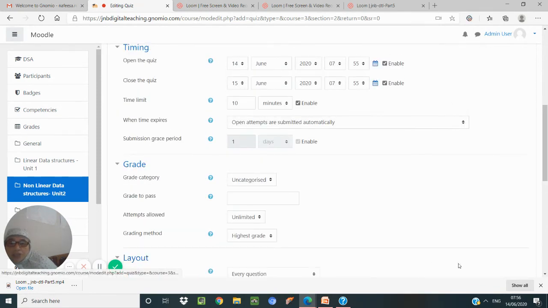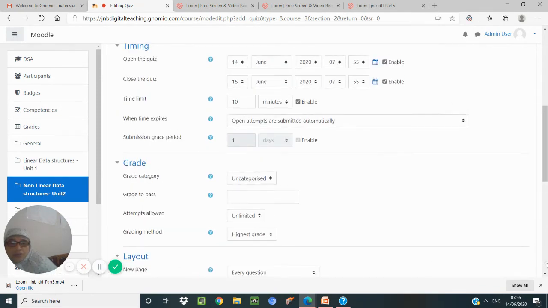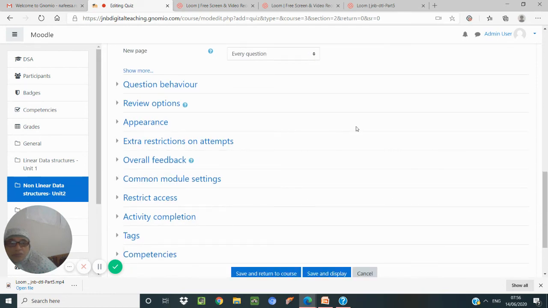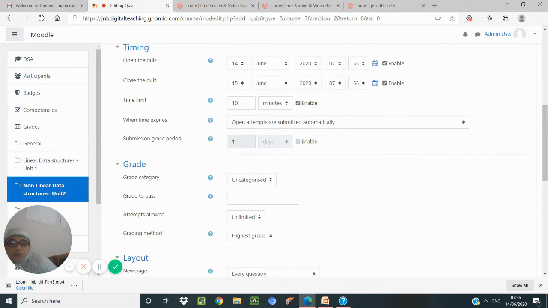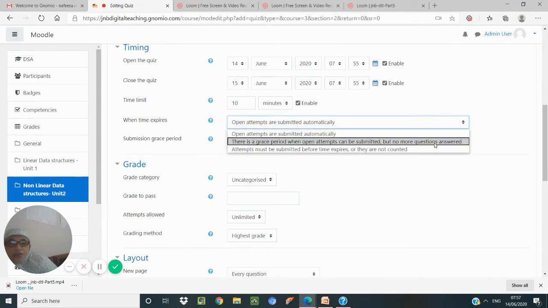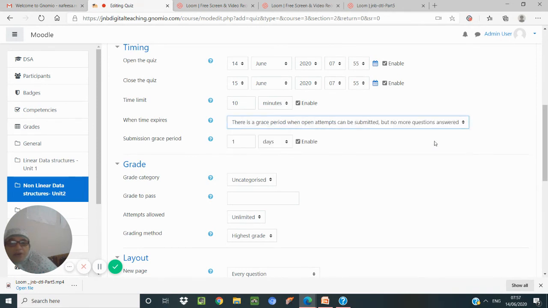Layout of the questions. So you can see I have given the quiz to be opened on 14th and the quiz to be closed on 15th. The time limit I have given, whether we are giving any grace period. That can be given only if I give this.